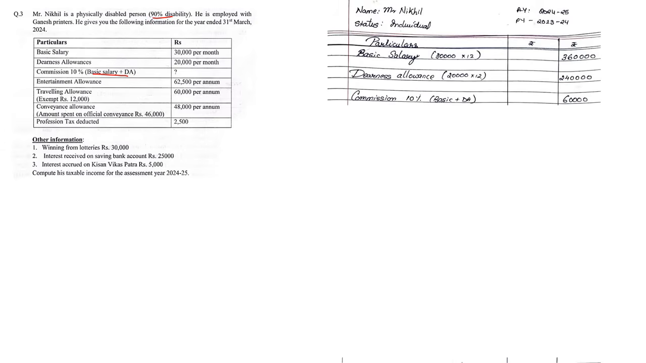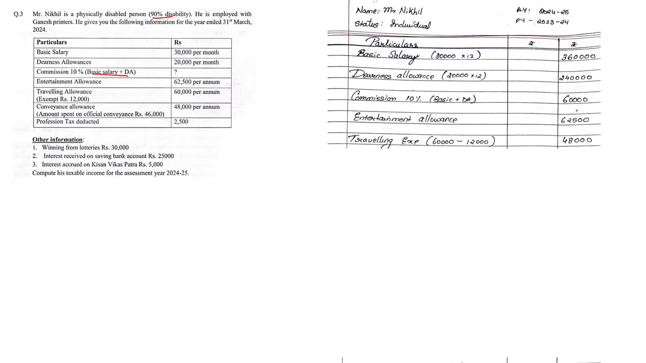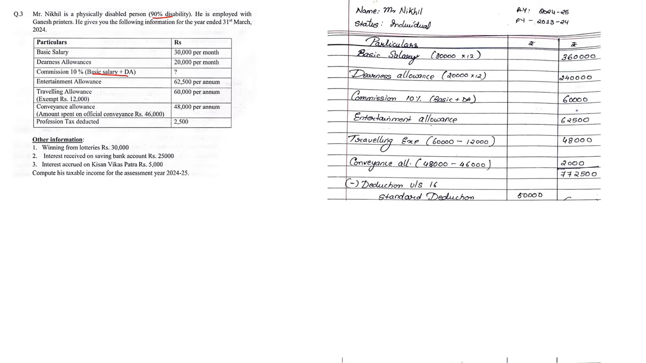Entertainment allowance is 62,500 per annum. Directly we will take it. Traveling allowance is 60,000 per annum, but exempt is 12,000. They are giving you the exemption, so you minus and you put it down 48,000. Conveyance allowance is 48,000 and amount spent on official conveyance is 46,000. So 48 minus 46, 2,000 is the conveyance. We add up everything, and then professional tax comes later on. You add up, we got